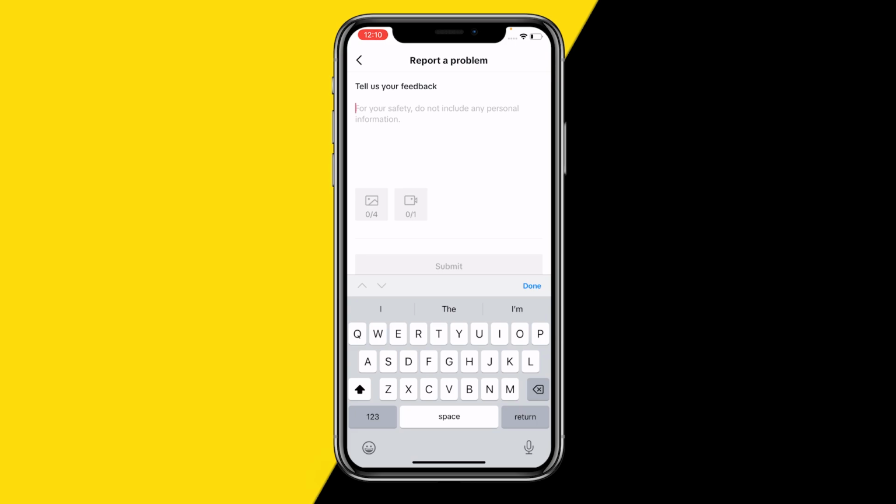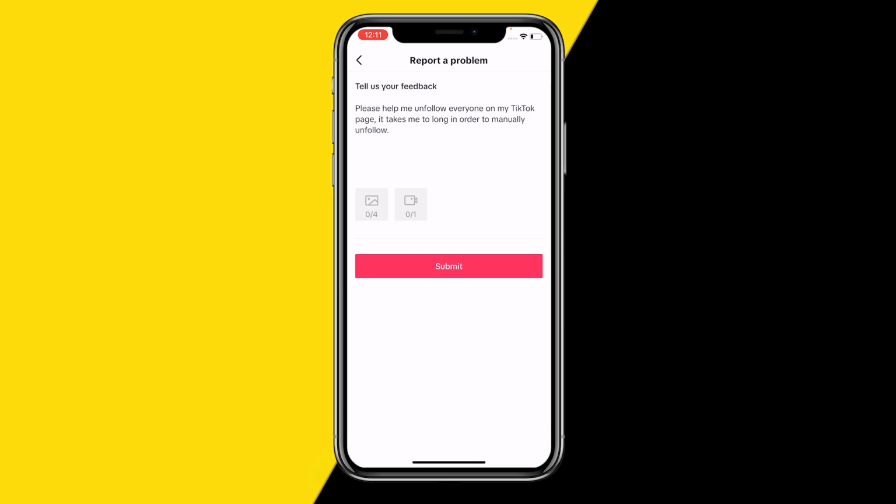So what we're going to type in is, alright, so you want to type in something like, please help me unfollow everyone on my TikTok page. It takes me too long in order to unfollow them manually. So you can just copy and paste this from my thing, and then what you simply want to do is you want to click on submit right here, and now we are basically submitting this report over to TikTok, and